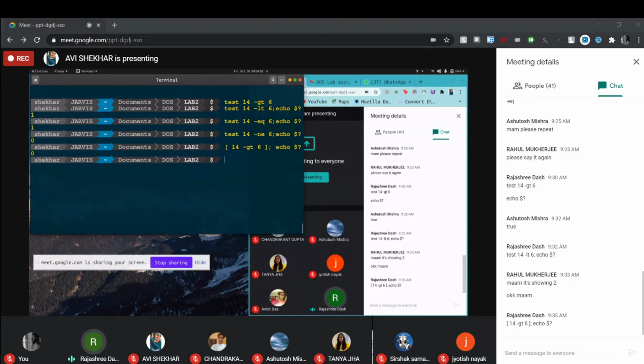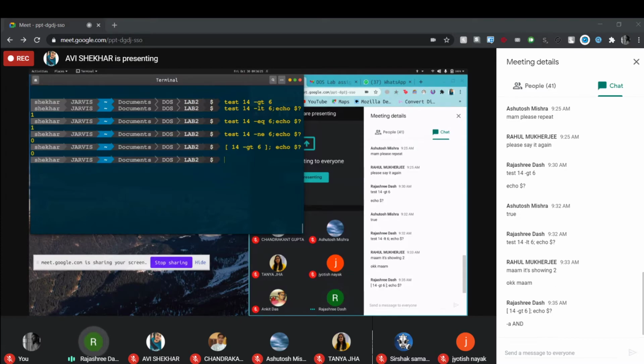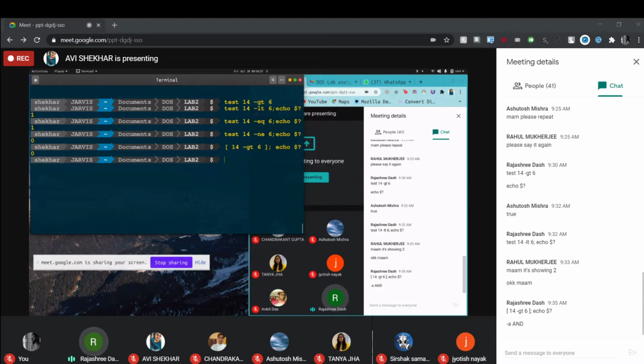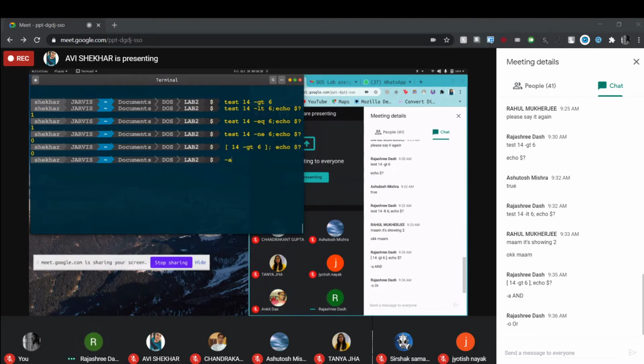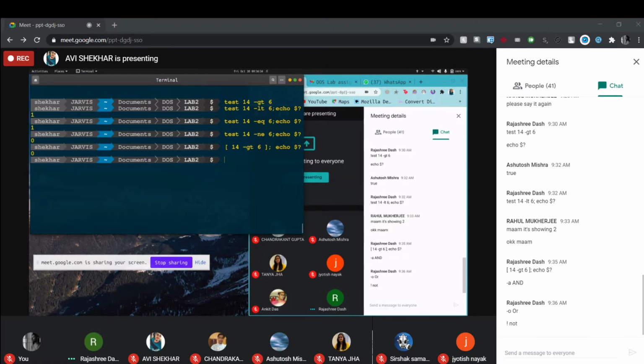Now you can also combine multiple conditions using logical operators. Now here, just go through the symbols for the logical operators. -a for and, -o for or, and the not symbol as usual. Got the thing? Now suppose we combine two conditions.